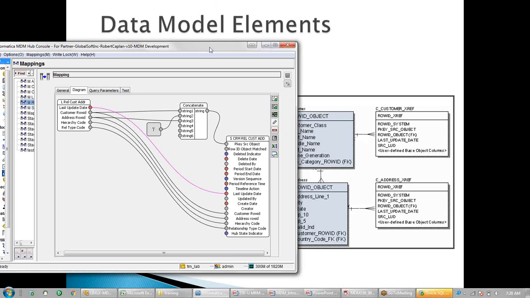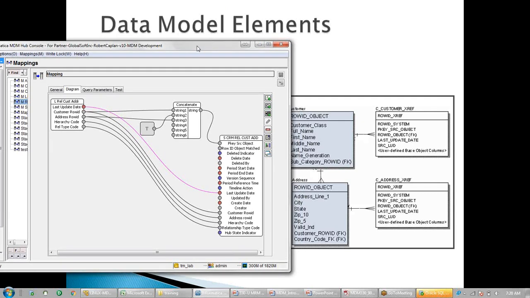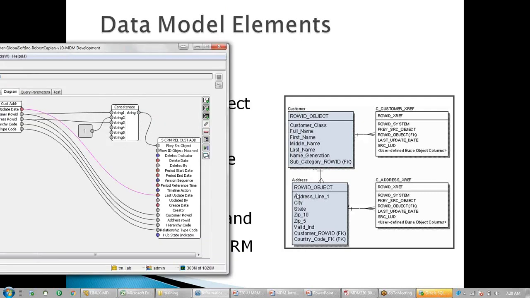The row ID is basically different for every table. For example, the customer table has a row ID object, and the address table has a row ID object. As we say parent and child, this is just a normal ER model where customer is a parent and address is a child table. So first thing is loading the parent table. Once we load the parent table, for example, we loaded some 5 records into my customer table, this customer row ID object will be like 1, 2, 3, 4, 5.